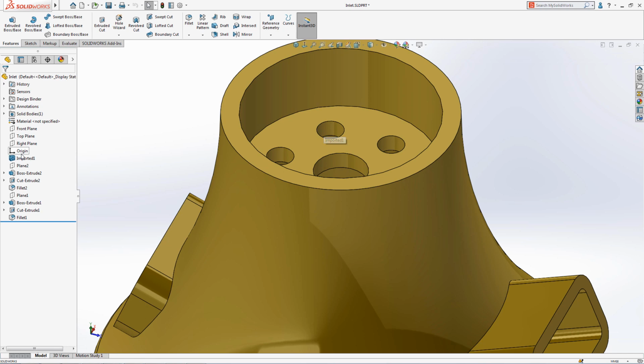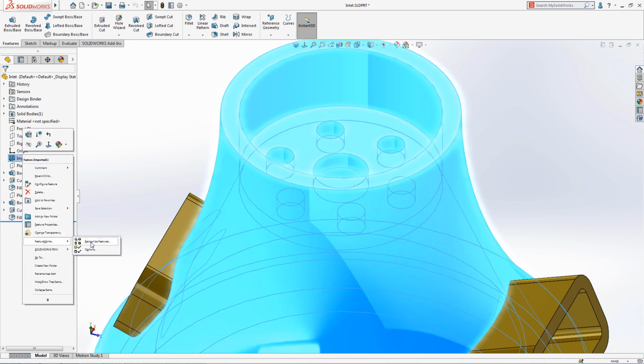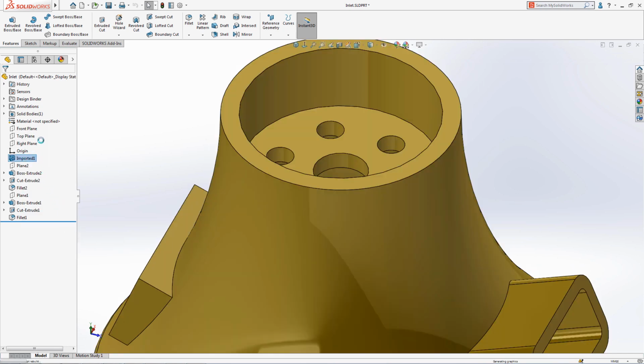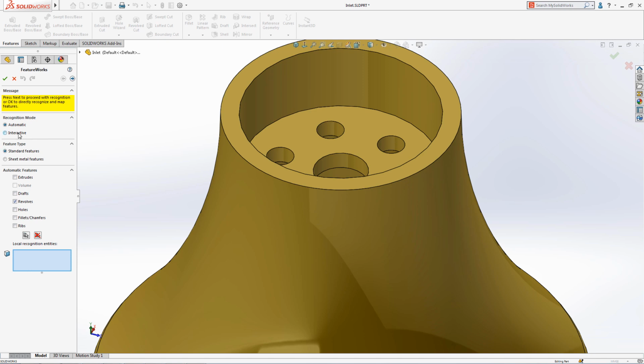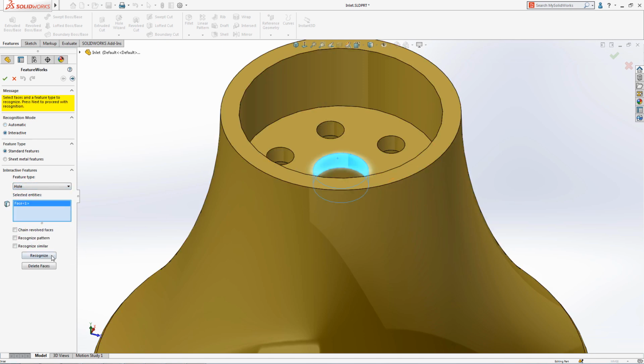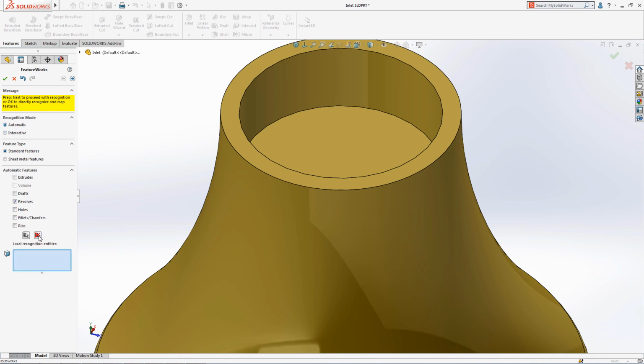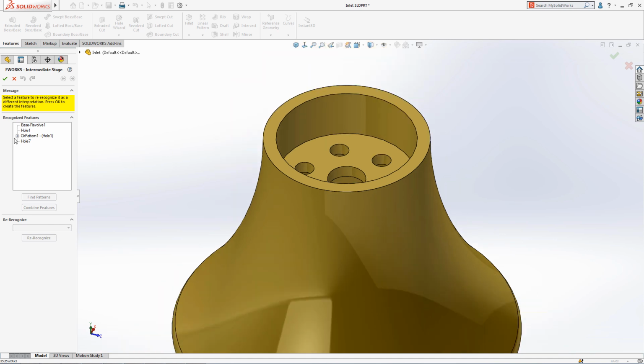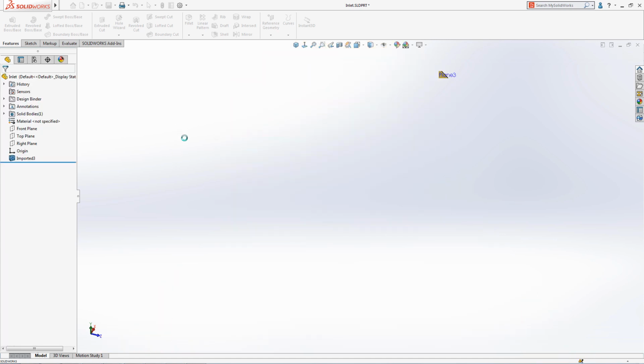available to all users. For users wanting more control and to choose how to recreate the Feature Manager design tree, we can access the FeatureWorks Property Manager. Here, specific feature types can be selected and recognized. Pattern features can be included too. Finally, the automatic mode can be used to identify the remaining features to give you a complete history tree to your specifications.